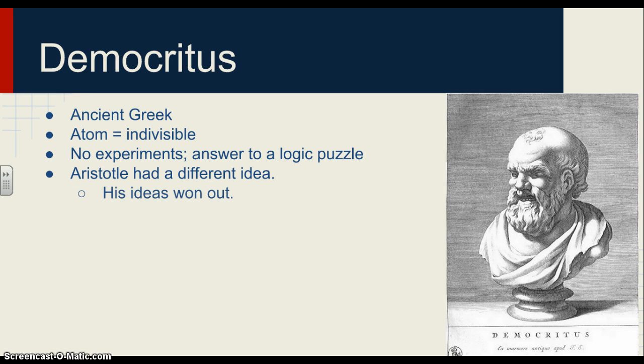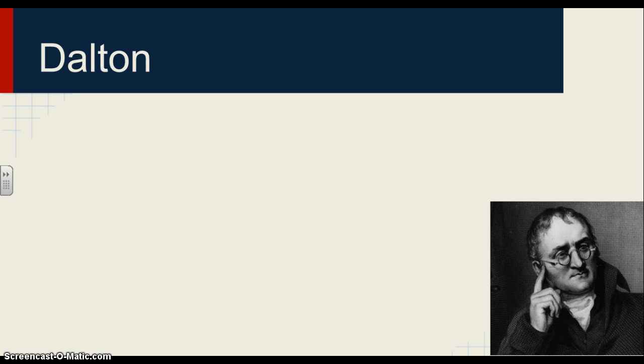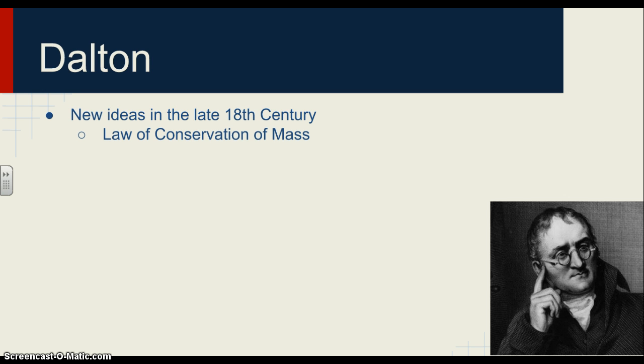So then we have to fast forward much, much further into, in fact, the 1800s, to this guy here, John Dalton, an English school teacher actually. And he had been taking a look at what had been changing in science in the last decade or so. In the 1790s, some new ideas were coming out. First of all, the idea of the law of conservation of mass. Remember, a law is an observation that's always true. That when a chemical reaction occurred, the mass before the reaction and the mass after the reaction were the same. Mass wasn't gained or lost.